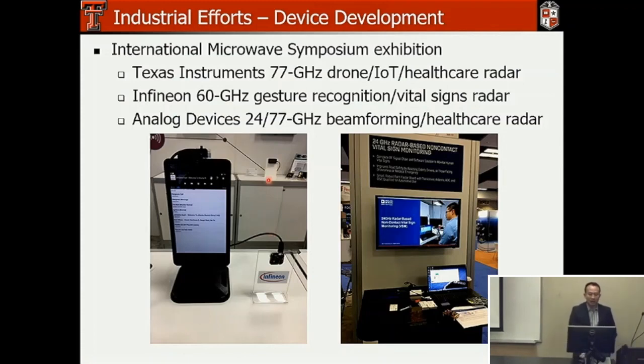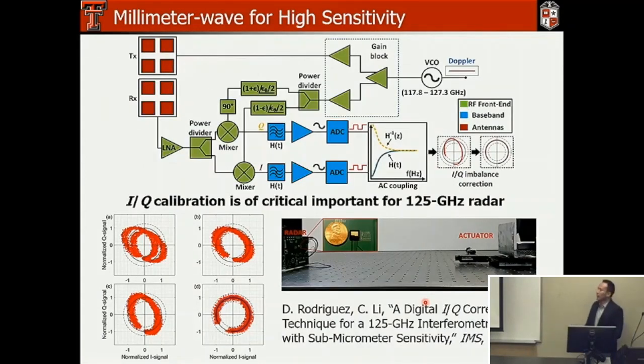Analog Devices had their 24 and 77 gigahertz radar demonstrated for autonomous driving application as well as healthcare application. Shown on the right-hand side, lower right-hand side, this is their demonstration of 24 gigahertz radar for vital sign detection. So as we have seen, people are pushing the frequency to